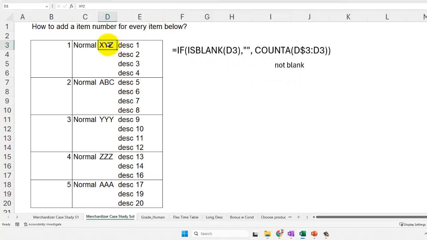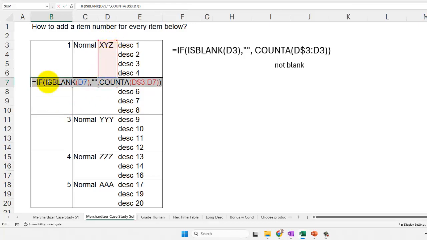So at the very moment here, the count just looks at one cell, D3 to D3. When it comes to here, it's no longer D3 to D3, it's D3 to D7. Look at that. So in this highlighted area,